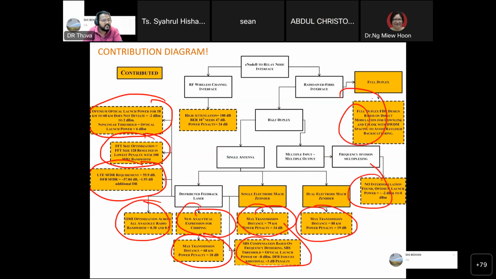Under every subcomponent, every subtopic, I have certain contributions. And here got one more. So these all transpired into my publications. Okay, so we have 1, 2, 3, 1, 2, 3, 4, 5, 6, 7, 8, 9, 10, 11, 12. I had 12 publications for my PhD. All 12 are listed here. Actually, I had more. After my PhD, I still continued publishing for my thesis. But this is just for my PhD thesis, so I just took it at face value to show you guys.